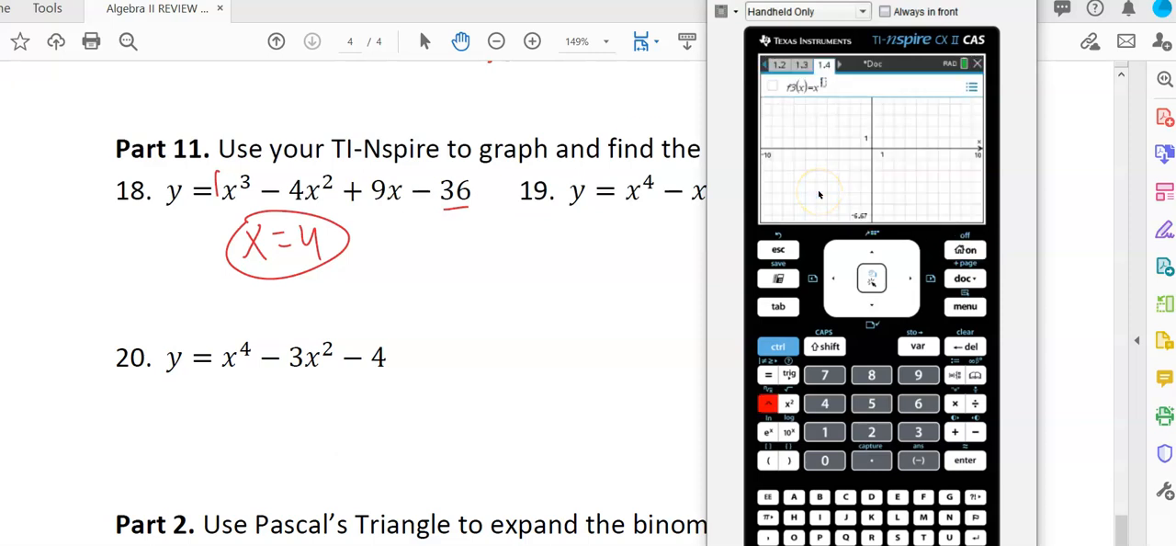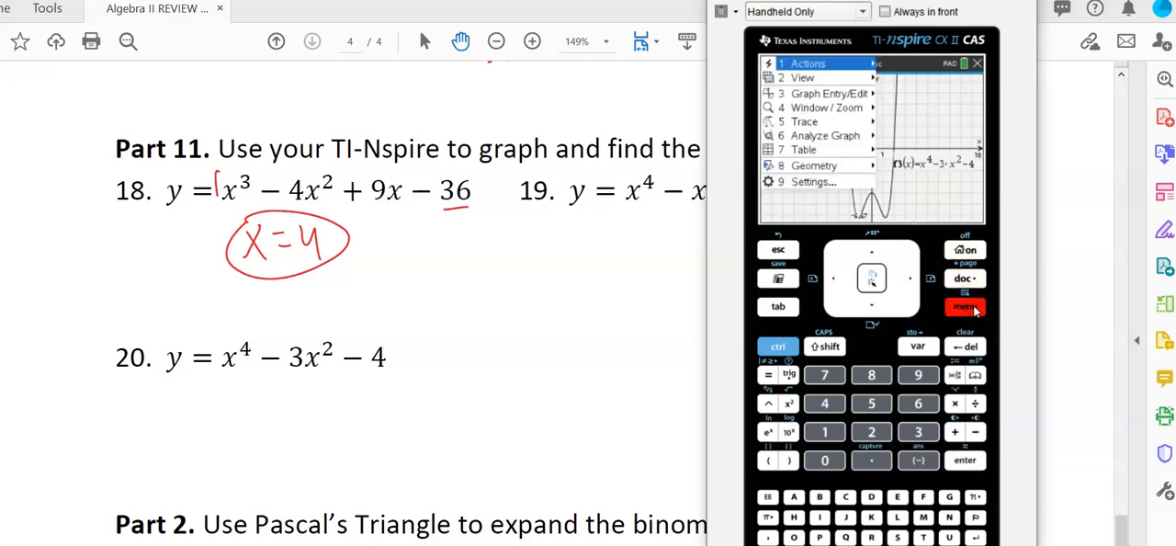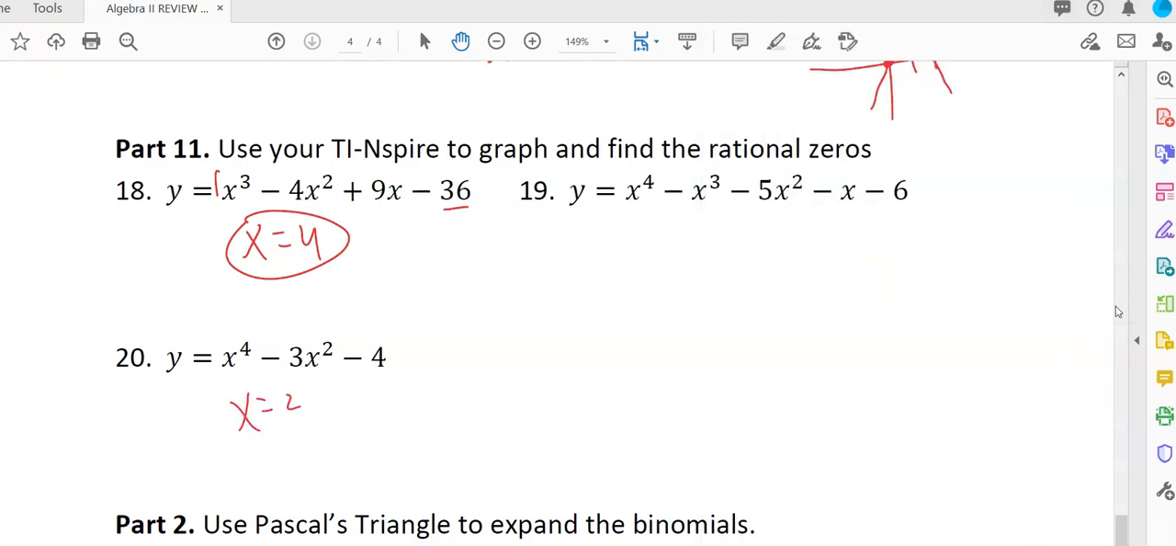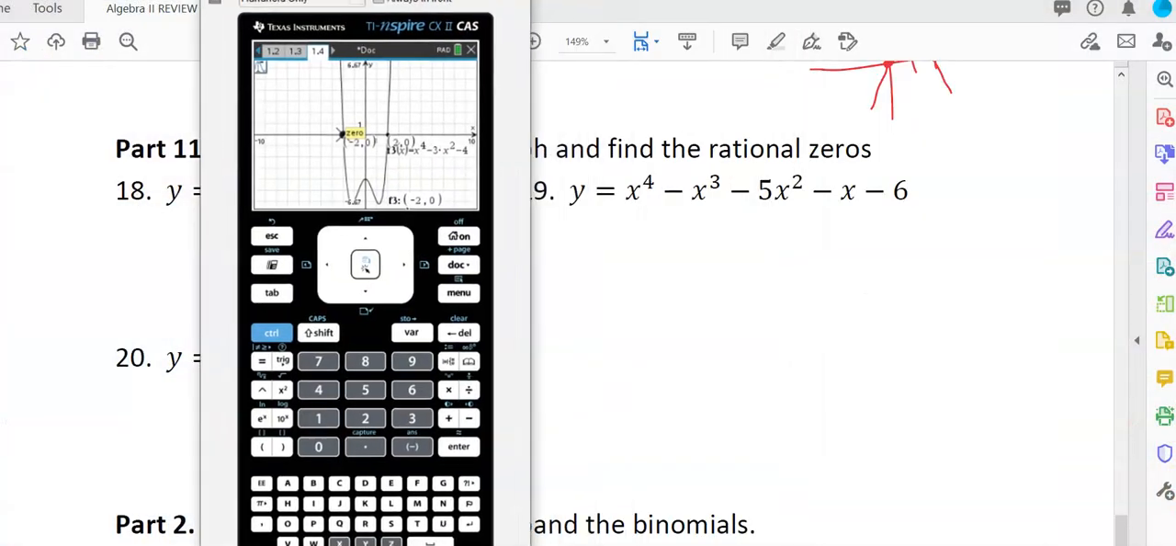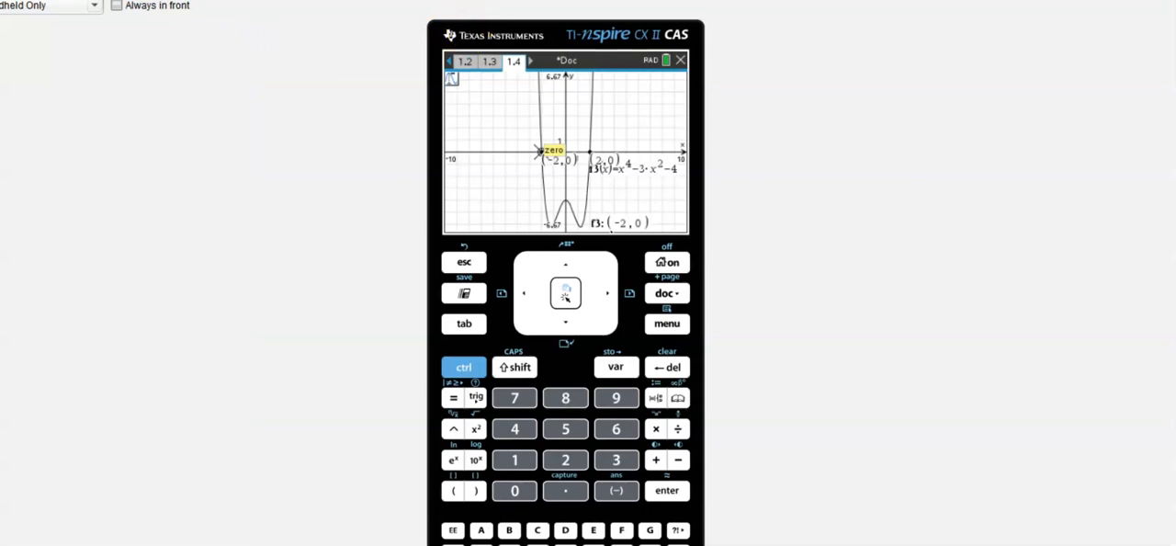X to the fourth minus 3x squared minus 4. And it looks like, you kind of see it, menu 5, 1. Solution of 2, negative 2. So x equals 2, x equals negative 2. And the last one there,